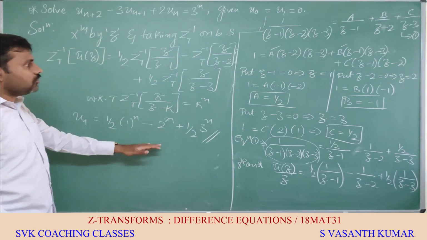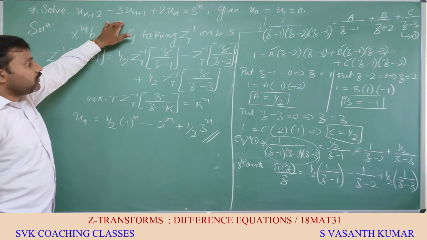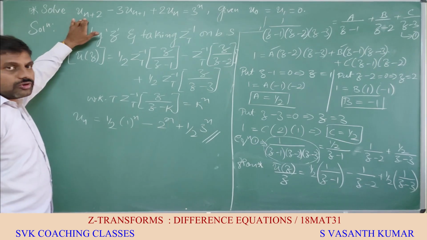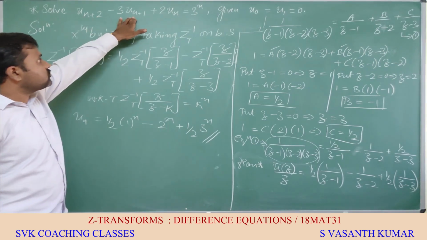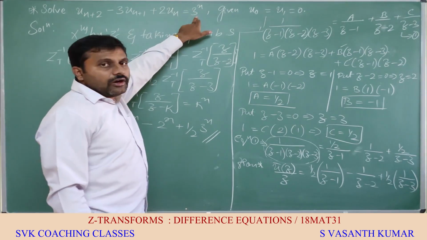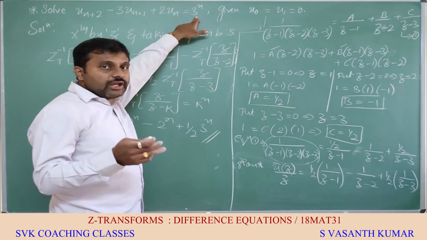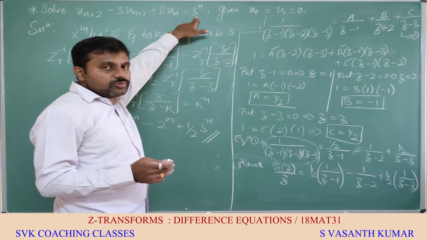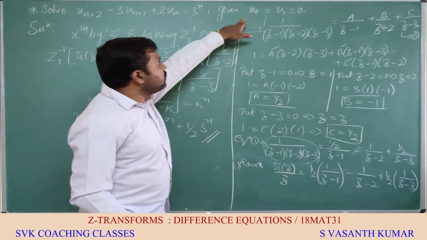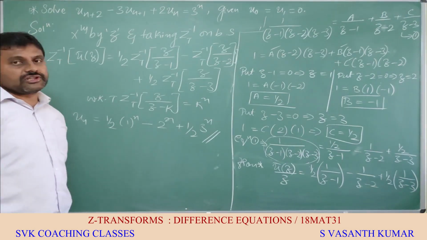So this is the way to solve any difference equation problem. Be careful while solving this. Apply the definition properly: Z transform of U n plus 2, Z transform of U n plus 1, and Z transform of U n. If the right side is non-zero, it will be from the list of standard Z transforms, such as k power n or Z transform of n. So you know what the Z transform of n is, apply that definition and solve the problem using the given initial conditions. Hence I conclude the topic called Z transformation.